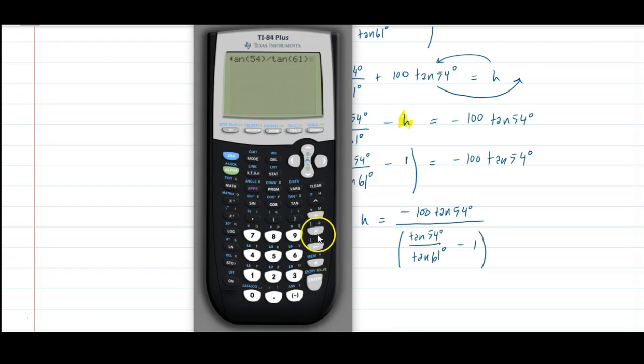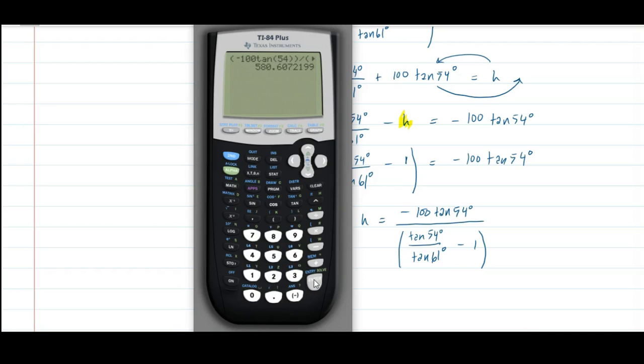And then what I need to do is make sure that I put tan 54 and tan 61 separately so that they're divided first. So I've got to insert yet another parenthesis right over here. Okay, so that way, look at what's happening. It'll take the tan of 54 and the tan of 61 and divide them. And then whatever it gets from that, we want to subtract 1 and that'll be the denominator. Okay, so when I do that, I get